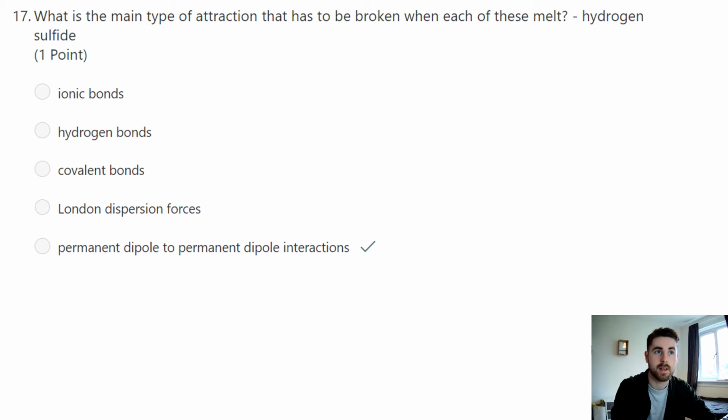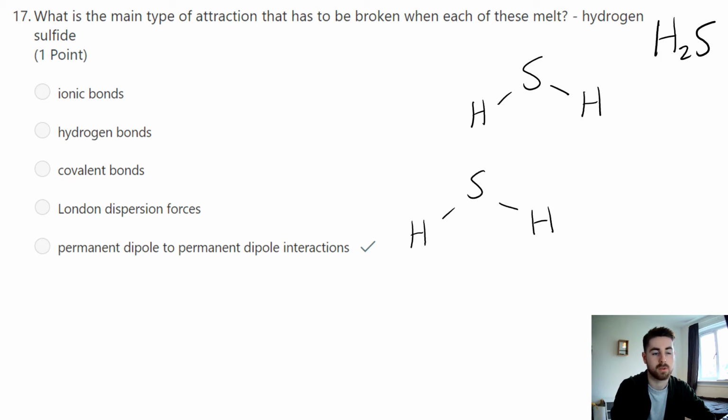So hydrogen sulfide has the formula H2S. It's got a very similar structure to H2O actually. So we're just going to replace the O in H2O with an S. So we still have that angular or bent shape. So if I draw two hydrogen sulfide molecules,